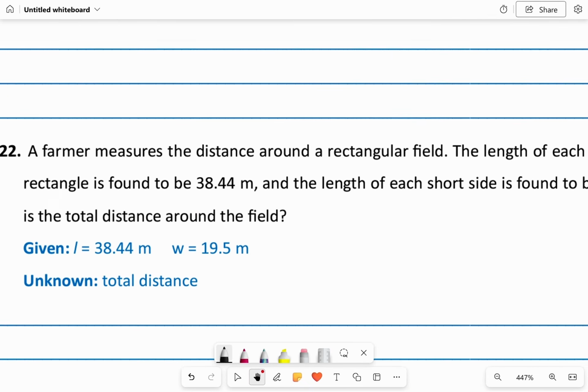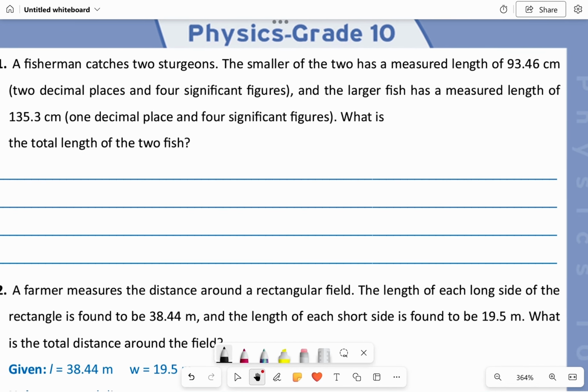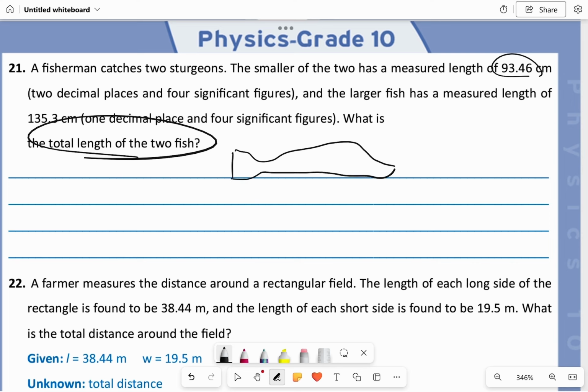Question 21. A fisherman catches 2 sturgeons. It's a fish. The smaller of the 2 has a length of 93.486 to its decimal place and 4 significant figures, and the larger has a measured length of 135.3 centimeters. Basically, it asks what's the total length of the 2 fishes. So if you have 2 fish, and you add the length of them, okay,